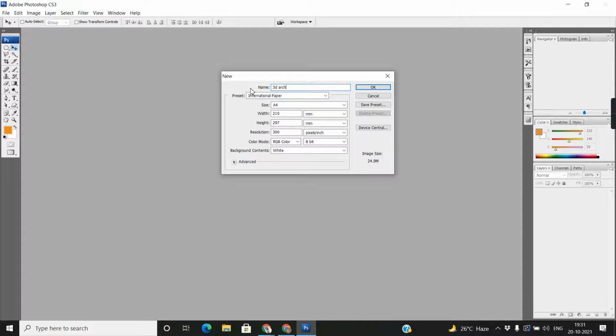If you're talking about presets, so see, there is paper. If you want international paper, yes, I want international paper. And this is size A4, and this is pixel.